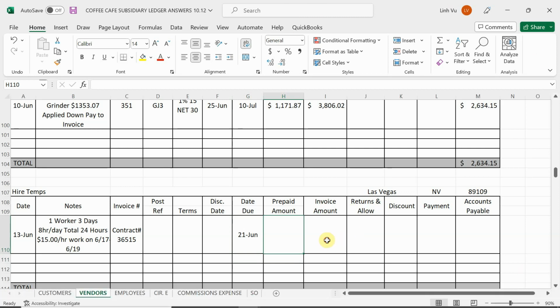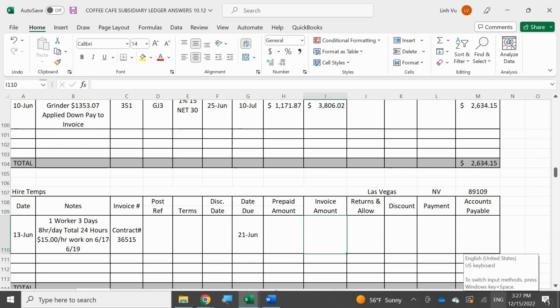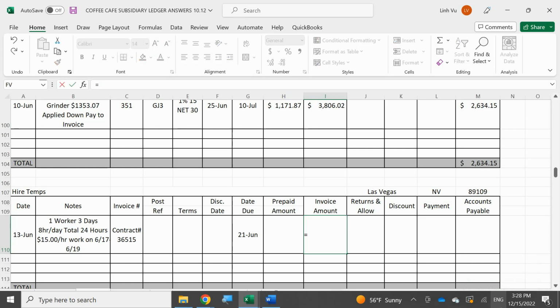Now, in this case, this is what I'm going to put in here temporarily. I don't owe them yet because we don't know if that person's going to show up. I'm not going to pay them if they don't show up, but I am going to keep a record to say that, since I already did the calculations in the contract, if that person does come through and does all 3 days, I can safely say that yes, I owe Hire Temps the $360,